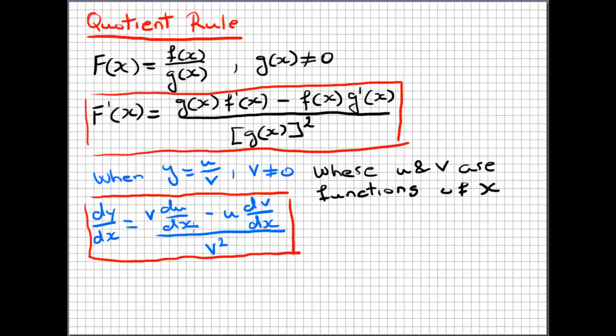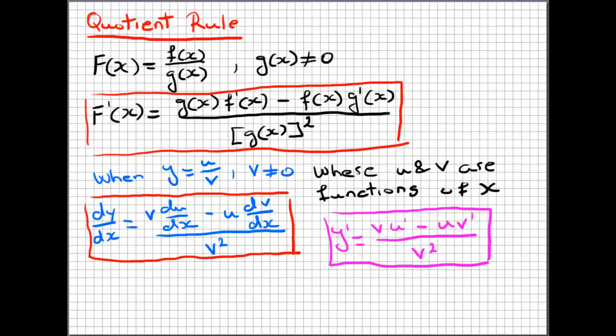And a third way of writing the quotient rule is y dash equals v u dash minus u v dash over v squared. So we use both of these in the same manner, but let's have a look at an example where we can use the quotient rule. So I'm doing an example from exercise 9G, which is on page